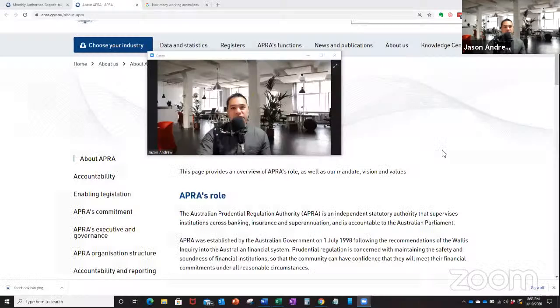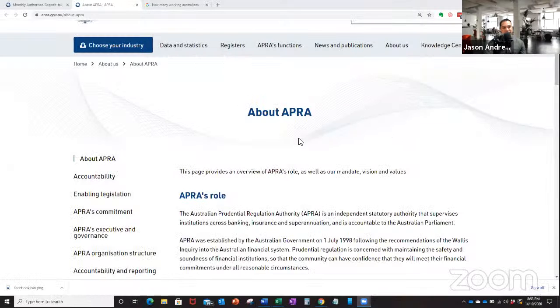So here we go. I'm going to share this screen. For those of you who do not know, APRA is a government website. It's the Australian Prudential Regulation Authority, and they are the organisation that supervises banks, superannuation, financial services and insurance. What is really cool about this is that with all the data information these days, they have to get mandatory reporting from banks, and they've got it.